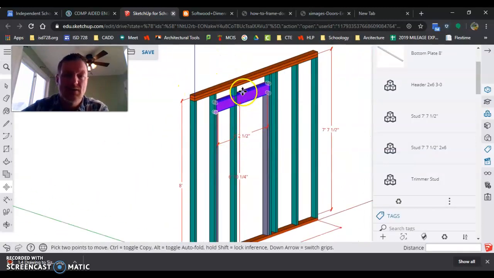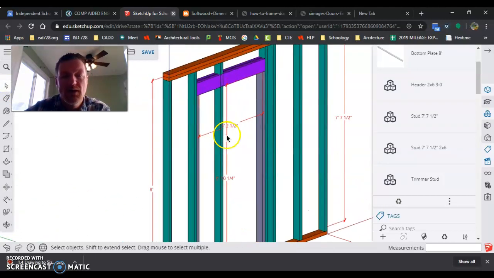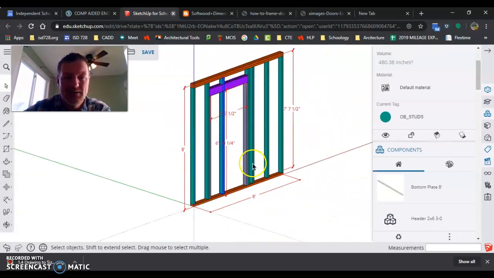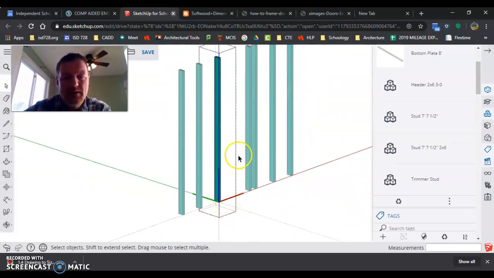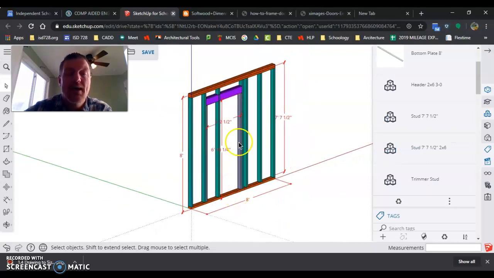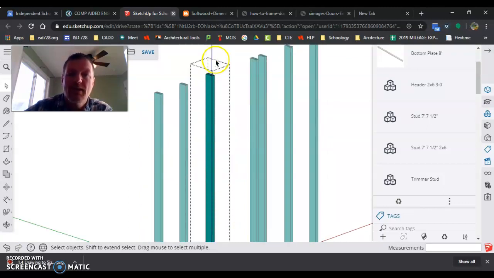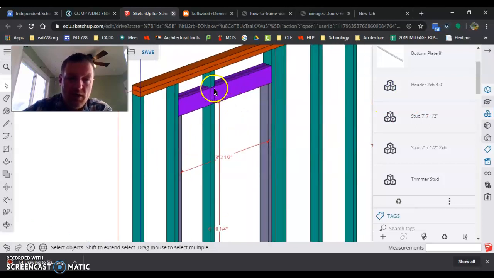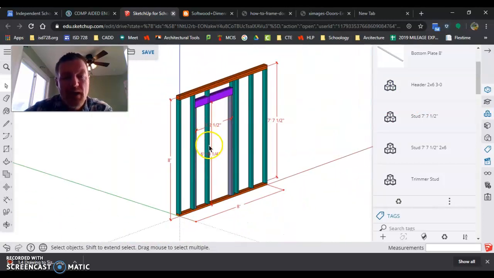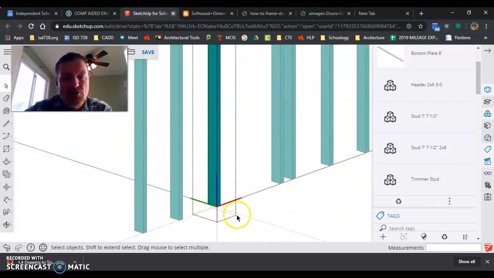Now that stud goes all the way through the header. That doesn't work. So what we need to do is edit this stud. This is how I edit stuff: I edit stuff by double clicking on it. It's going to make everything else not on the layer go away, which is why this would have been a little bit easier if we would have done it beforehand, but that's okay, we'll make it work. If I edit this and I shorten it up,